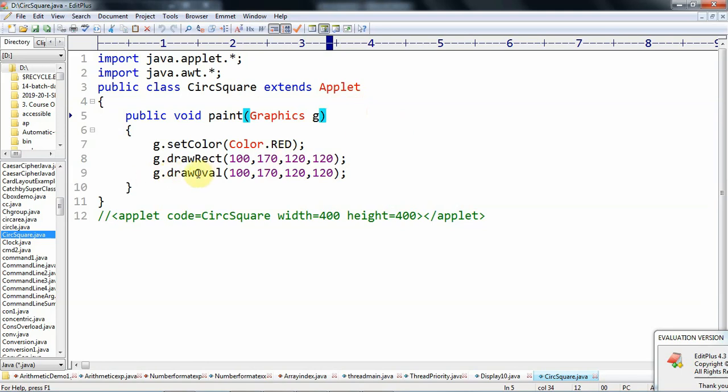Then to draw the circle there is no direct method, but we have a drawOval method. For this drawOval method we need to give the starting point, the same starting point, because we need to draw the circle inside the square, 100 comma 170. For this also we need to give the same length and breadth, with that we get the circle, 120 120.